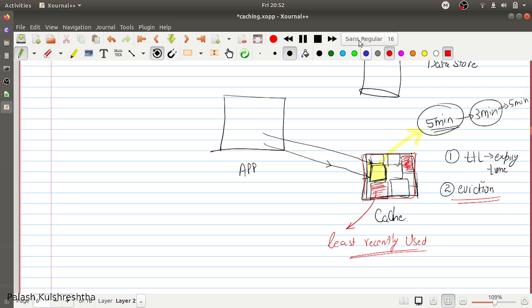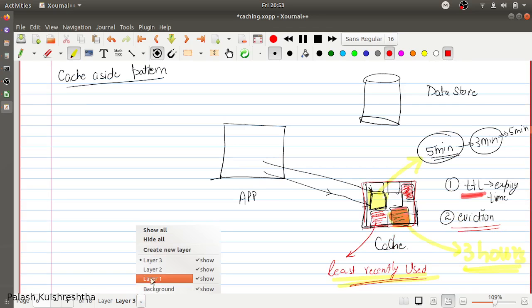For example, if this element was accessed 3 hours ago, and all the other elements have been accessed within the last 3 hours, then according to the least recently used policy, we are going to evict this cache block, and this empty space can be used to store the new key. So this is called eviction, and the TTL is expiry time. So these are the two strategies through which we can get more data.